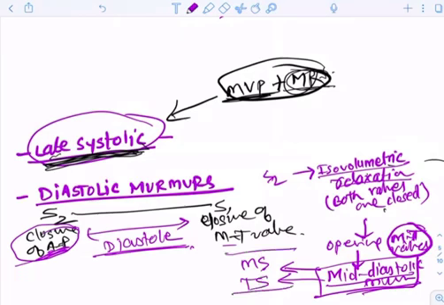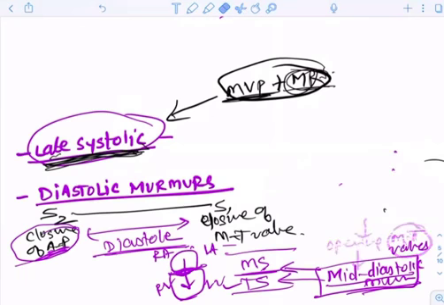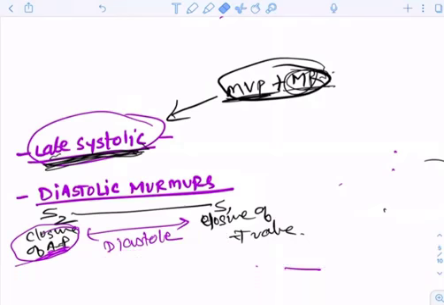As we know, after isovolumetric relaxation this valve will open. If the opening is constricted, consider this is RA and RV, so if the opening here is constricted, then there will be turbulence to the blood flow which leads to TS. Same is true on the left side. The murmur will be of mitral stenosis. So this is the cause of mid diastolic murmur, and why there is always a mid diastolic murmur, never an early diastolic murmur.